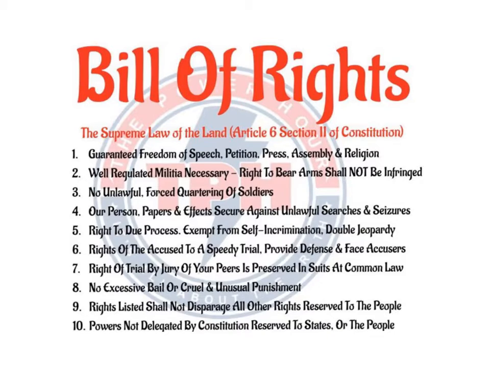Number 7, in that trial, we are allowed to have a jury of our community peers present, rather than a judge deciding if we are guilty or not. Number 8, no excessive bail or cruel or unusual punishment is allowed. Number 9, no right shall be taken away from us that is not listed here in the Bill of Rights, which basically means we have a whole lot more rights than are listed in the Bill of Rights. This is not all of them.